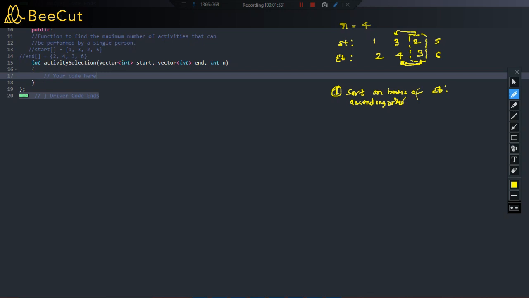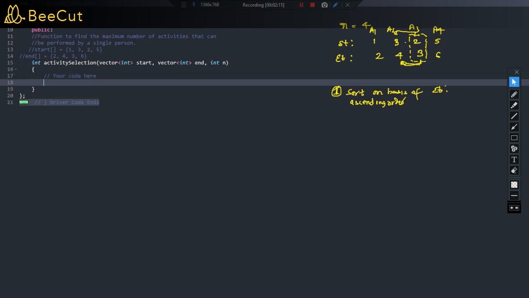The problem is, now you see the starting point will get deflected, right? But we need to ensure that the starting point and the ending point of every activity remain together. That is A1 here, A2 here, activity 3 here, activity A4 here. How can we ensure that? In order to solve that particular problem, a very important thing that we are going to do is